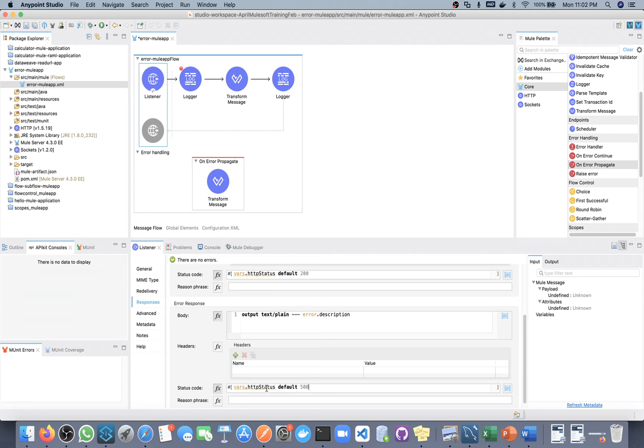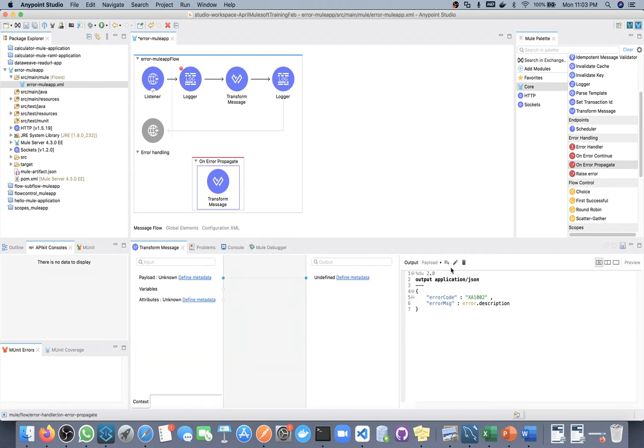Whatever HTTP status variable we set in our flow, that HTTP status will go inside status code. So this time in HTTP status I want to set, for example, 502.